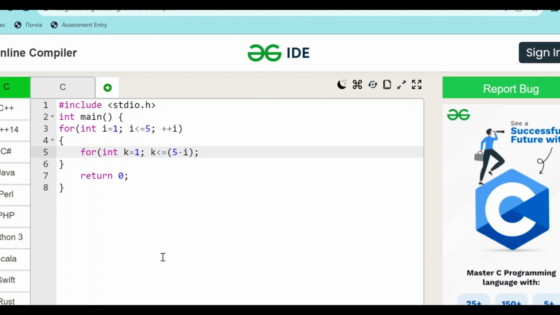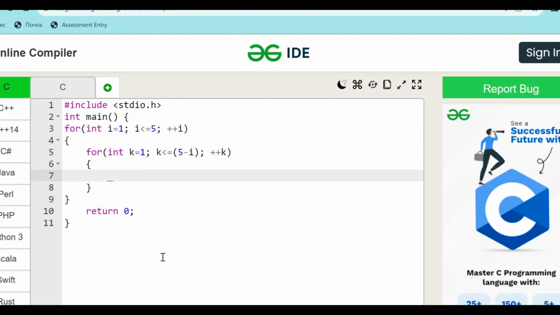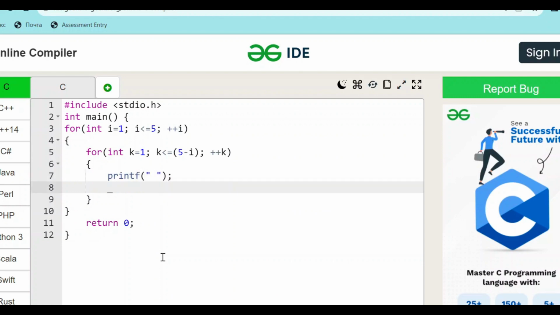And then k plus plus, and then you need to write the printf, that is blank space, and then okay, and then we need to